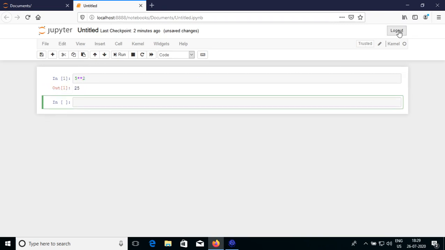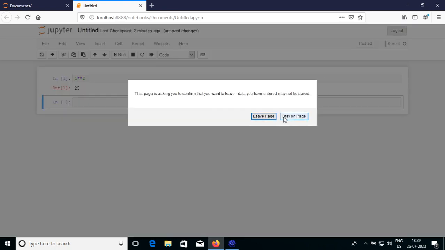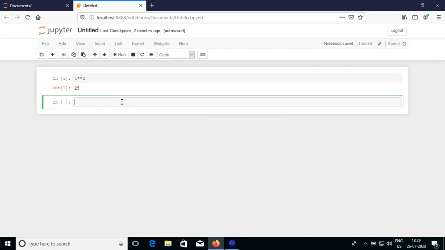Now we are logging out. Okay, stay on page, maybe we'll give some time. See the button here, a writing pen like button appears here, which says that SageMath is ready to accept the next command, and this is the edit mode, and the previous command execution is complete. Only then should you log out, otherwise the previous work may not get saved.